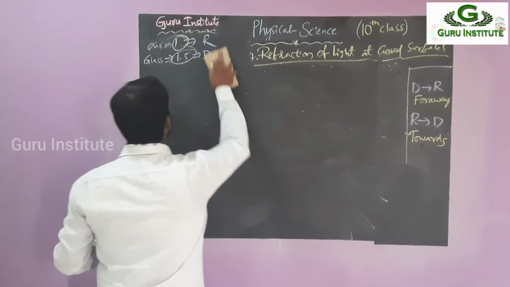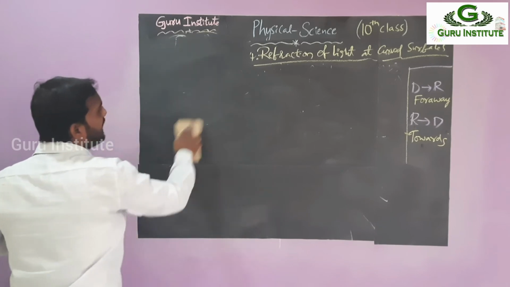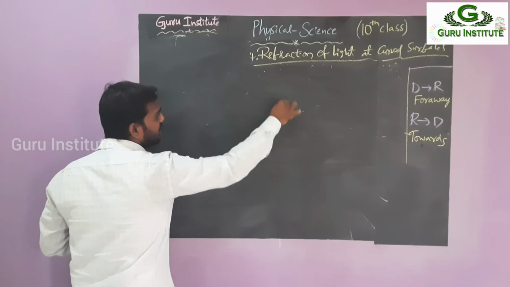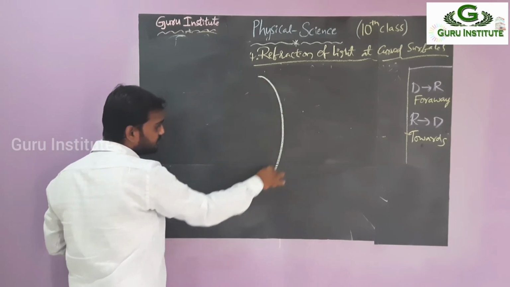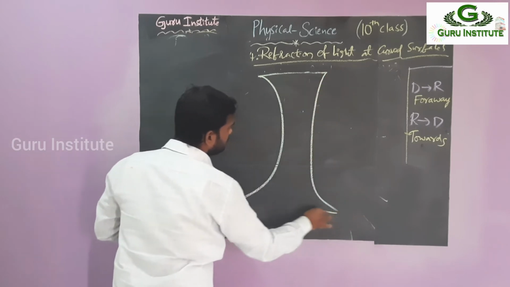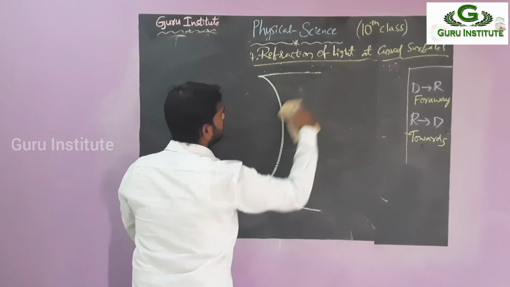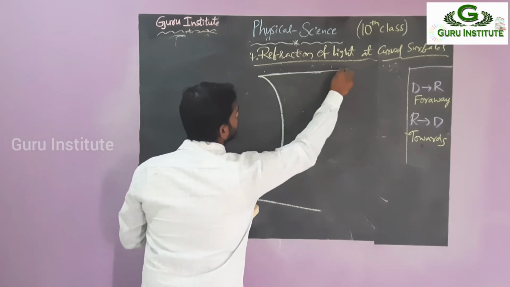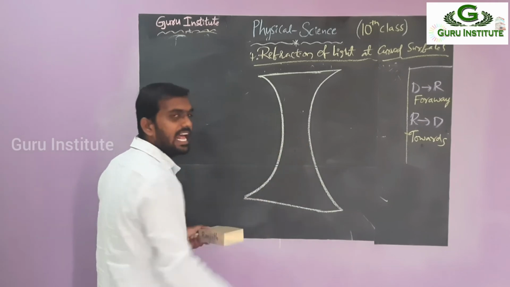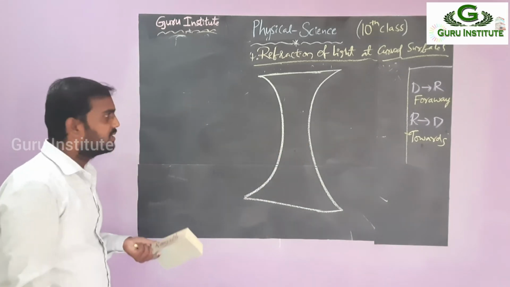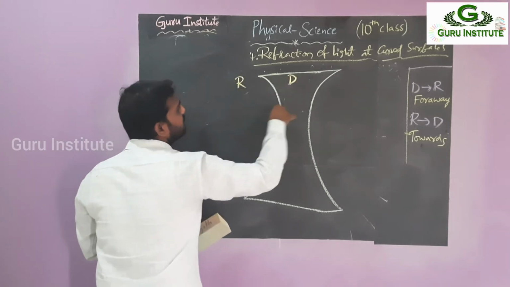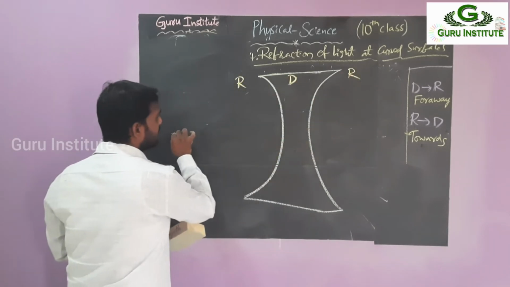So now we are going to see the concave lens. Right? So this is the concave lens structure. See here. This is the structure of the concave lens. Again, this is glass only. Glass means 1.33. So again, it's a rarer medium, a denser medium, a rarer medium. So this is the principal axis.